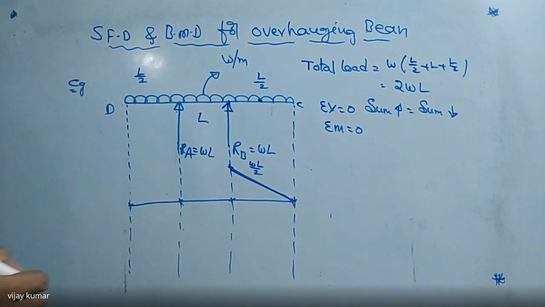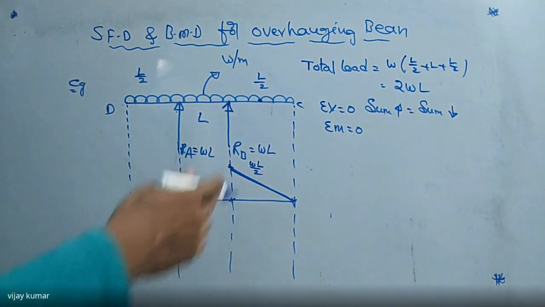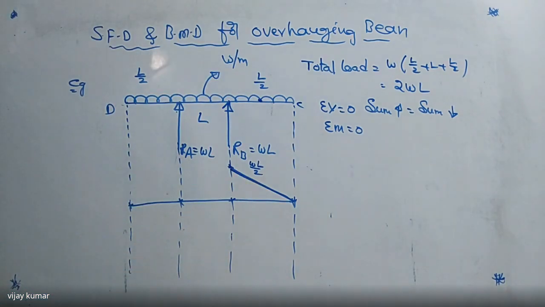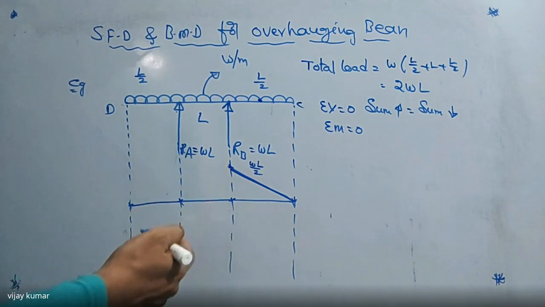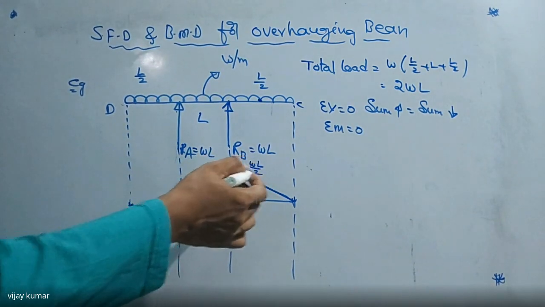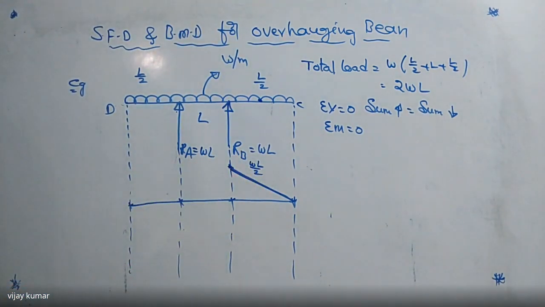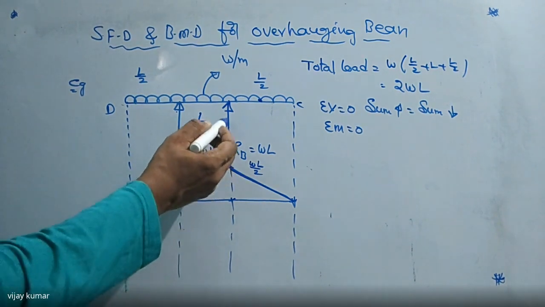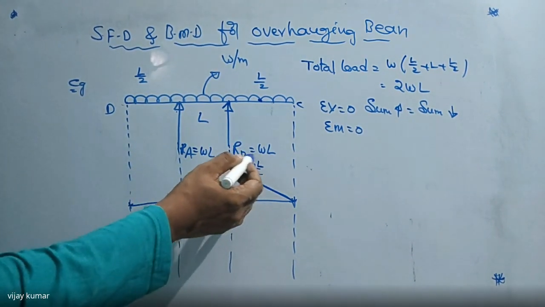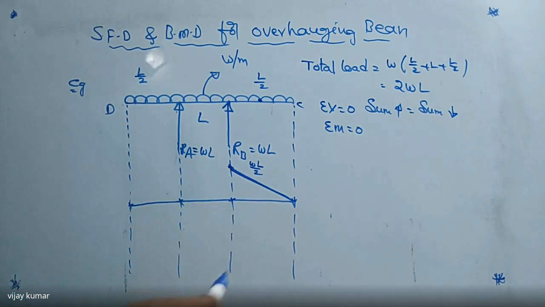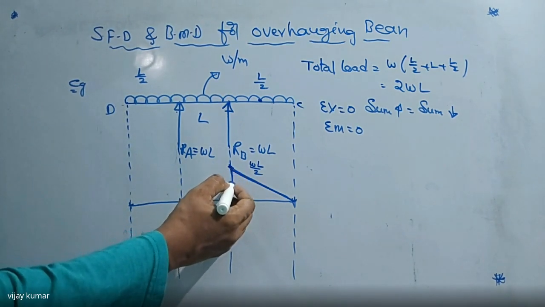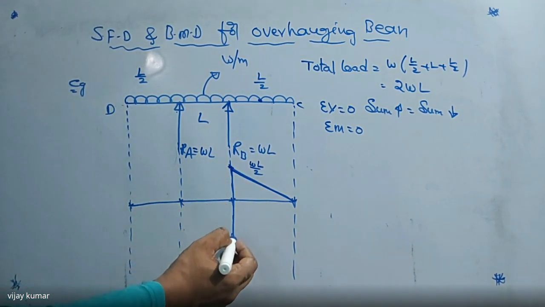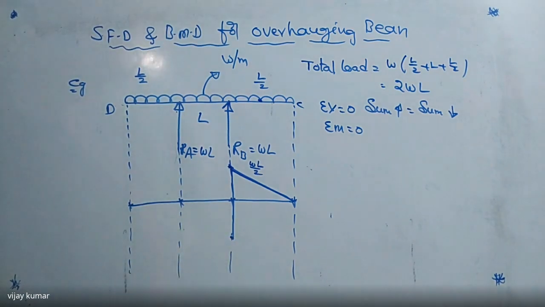That is the value of shear force, which is acting in the downward direction, but shear force is positive here at this one. Or you get my point or not? What is the value here? WL by 2. Or you got it? Now here another force is WL. So this is WL by 2, this is WL. How much do you get here? That is minus WL. We are getting up to this one now.